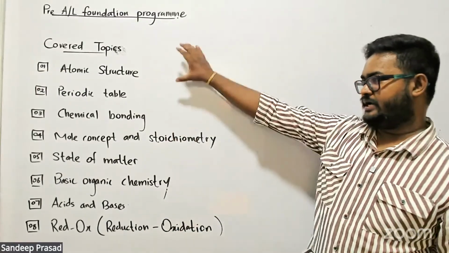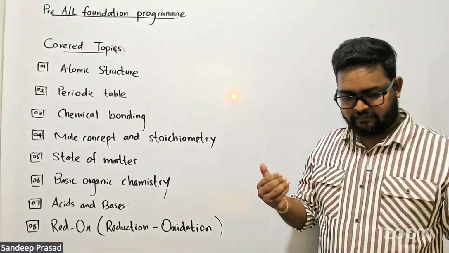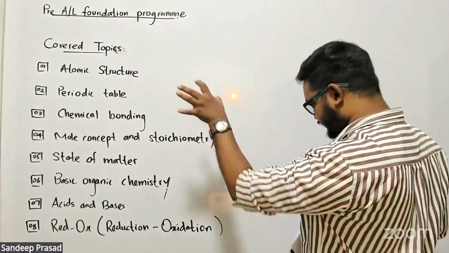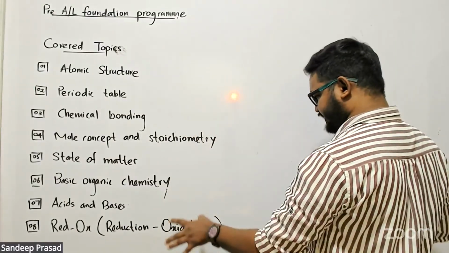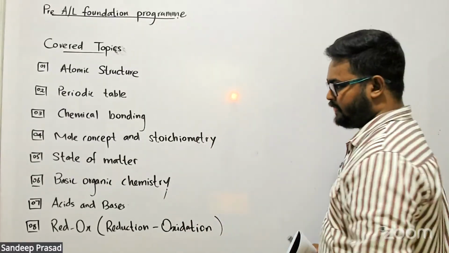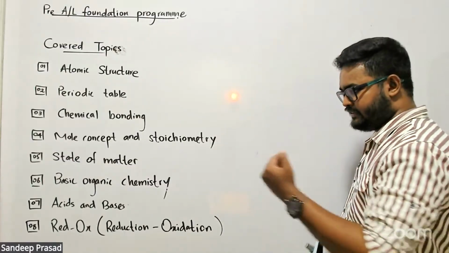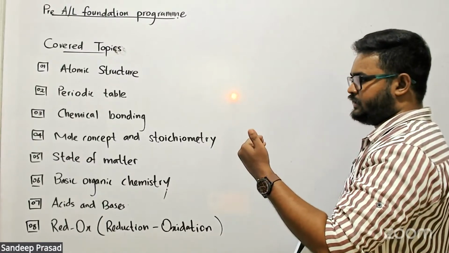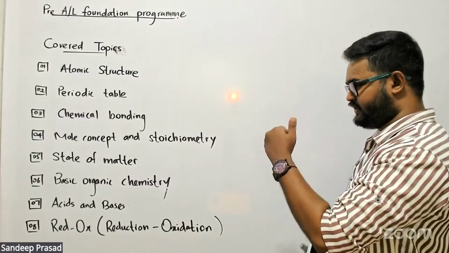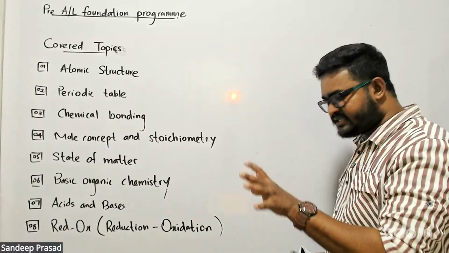Today I hope to discuss two topics, atomic structure and periodic table. Remember students, don't think that this is not our A-level syllabus. Our A-level syllabus contains 14 units and the content is very big. As I told you, here we are going to discuss the foundation. That means I'm going to teach you some important points that you have to know about each and every topic. I'm going to take each topic separately, and we are going to discuss some questions and